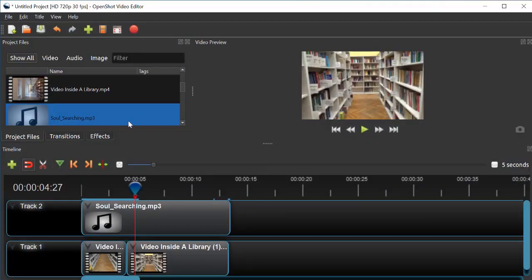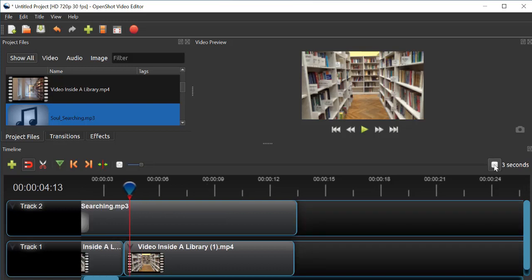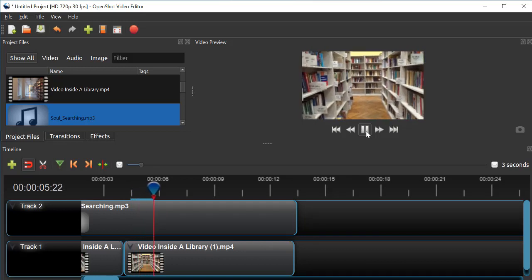So friend, this is a nice OpenShot video editor. The main thing in this is that you have to take care while cutting. The major part is that you just have to edit it properly. Whatever portion you want to edit, carefully edit it. You can increase the zoom here, like this. Okay, I'll reduce it a little bit. And see the portion which you don't want, for example, I don't want.